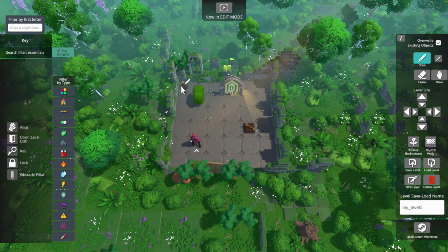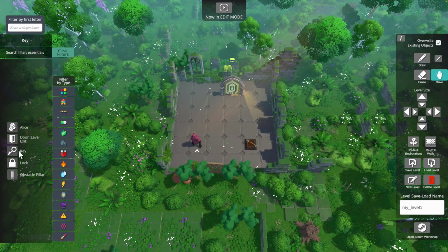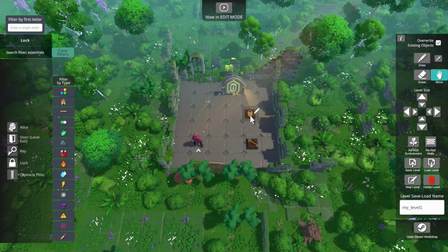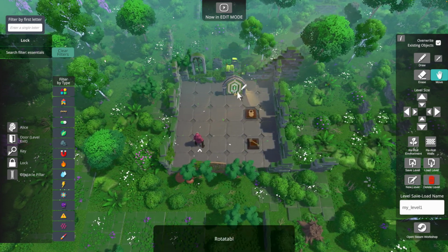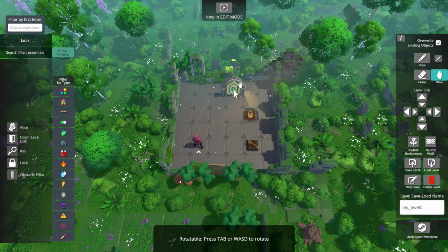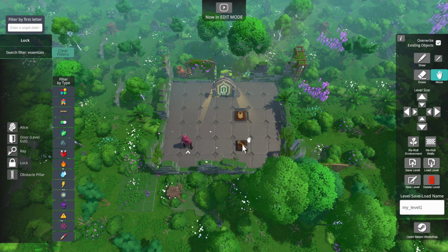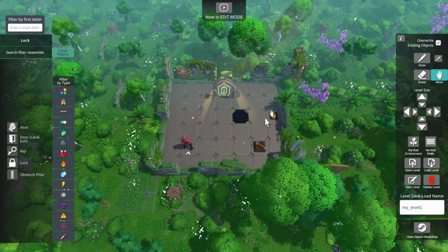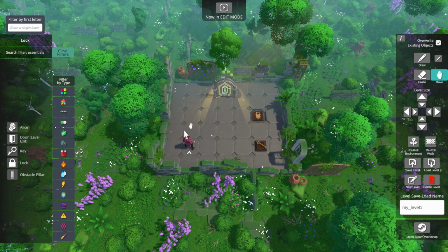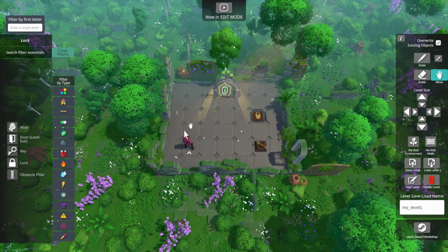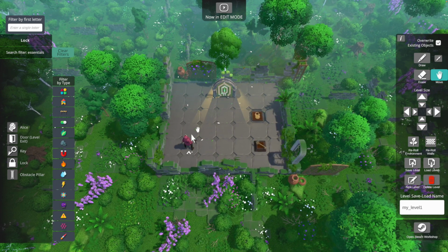So for now, we're just going to make a really simple key lock level. So we've got a key, we've got a lock. If you haven't played the game before, you just need to get a key on top of a lock and that opens a door. That's the simplest way to design a level. Let's just re-roll to get that tree out of the way. Yeah, so that's the simplest way to design a level, but there are other ways to create level